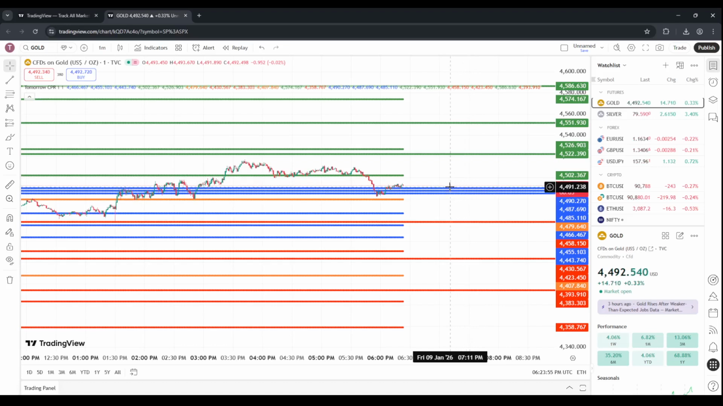Consider saving your chart layout so CPR loads automatically in future sessions. With CPR visible, you can quickly gauge potential support and resistance zones and plan entries, exits, and risk